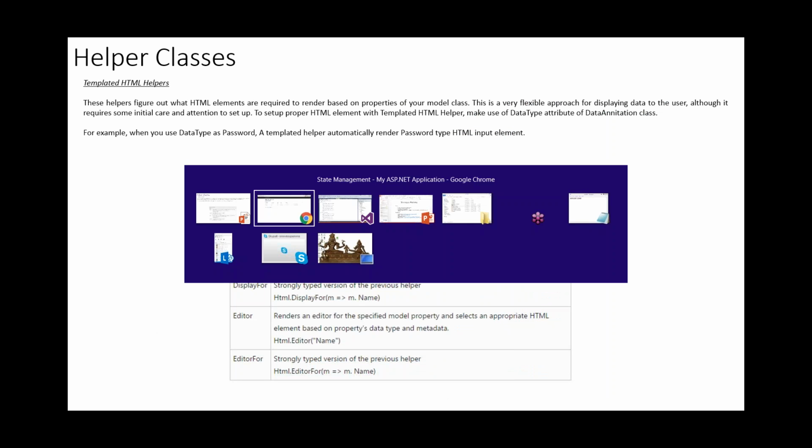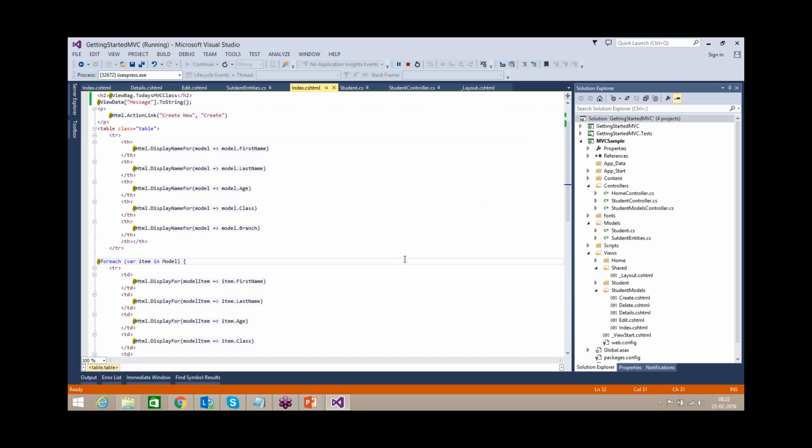Okay, so mainly this MVC application entirely works on HTTP protocol. HTTP means Hypertext Transfer Protocol. This HTTP supports a few methods that I already told you: get, put, post, delete, and trace. So forget about those things.